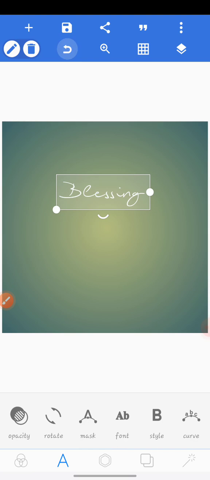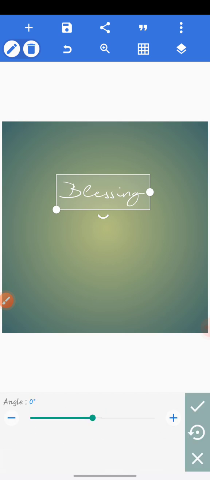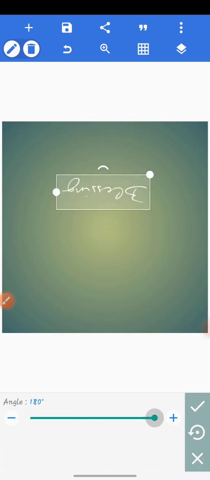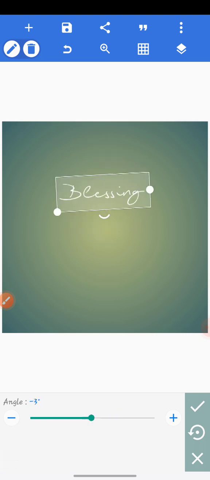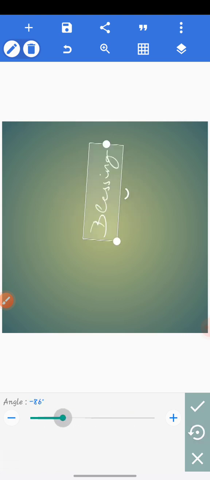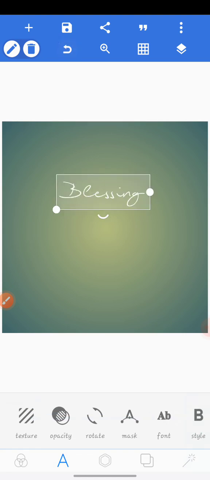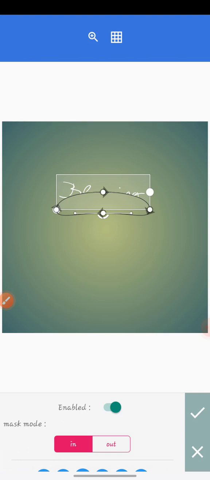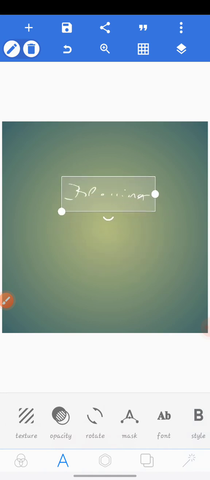So right now we are in rotation. If you want to rotate your text or any object, this is the one you can use, rotation. Just see there. Okay, now mask. If you want to cut off the text like this, just enable it and bear this. You can copy another